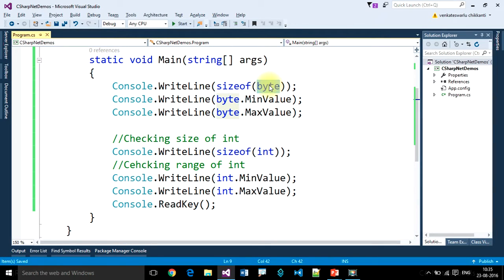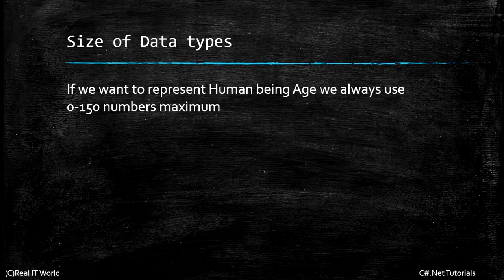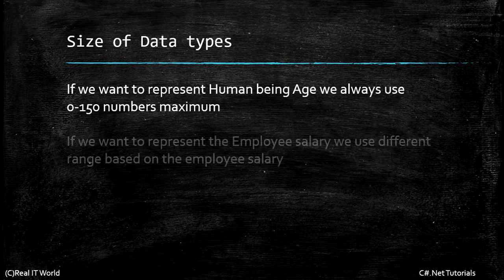If you want to store currency, millions of rupees or millions of dollars, then you go for integer. Definitely we need to represent some negative data, positive data like that. If you want to represent like that, you can go with integer. So this is how we can find out the size of a data type, the minimum value it can store, and the maximum value it can store. So this is for storing age.